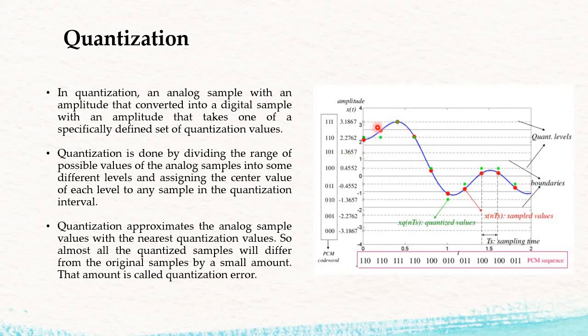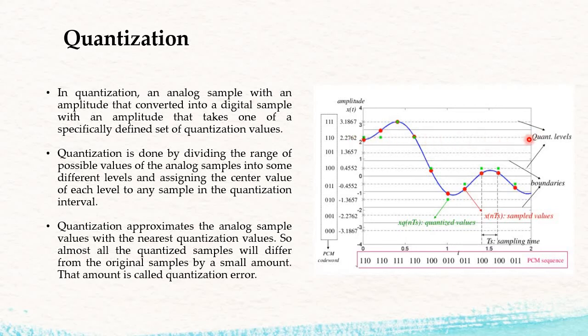So what will it do? Just take an example over here. This is your first line, 2 and 3, and in between these two lines we have two samples. This is my first sample, and this one is my second sample. What it will do is round off these two samples to a level, the middle line. That is the job of quantization. Those lines are called quantized levels. Whatever values are present in between 2 and 3 all get rounded off, or quantized, to the middle value, that is, the quantized level.